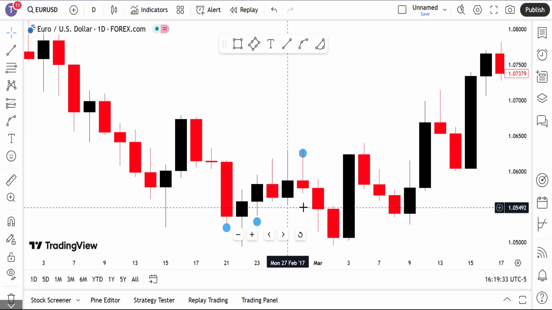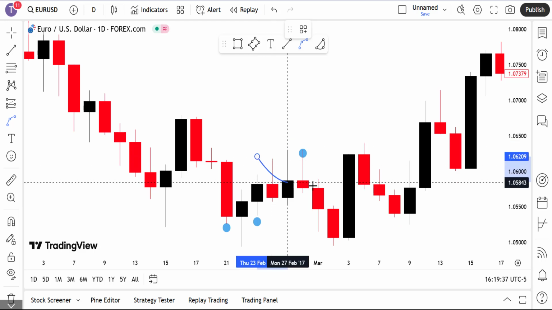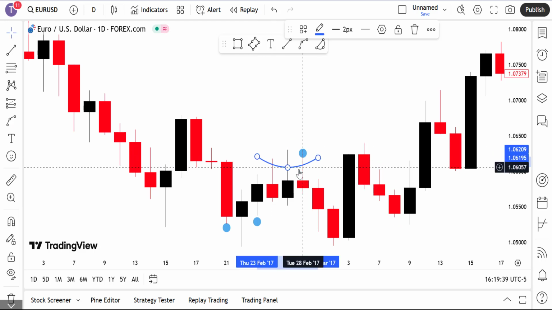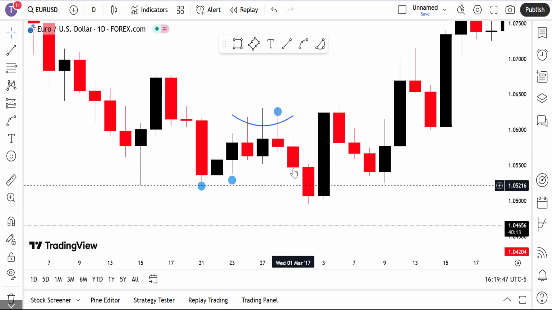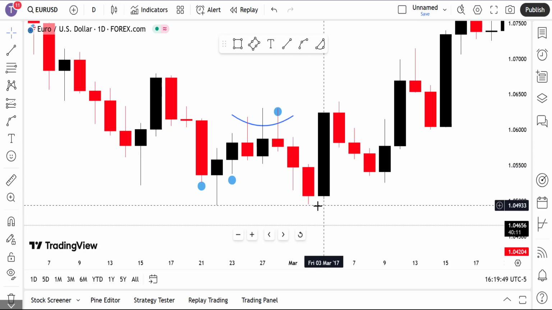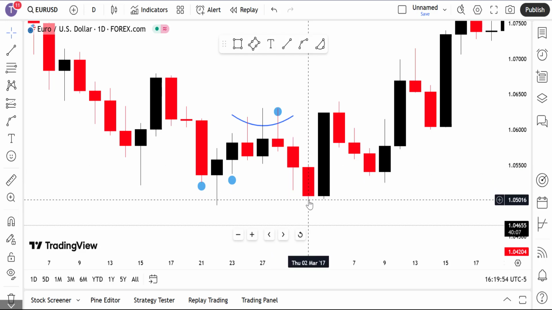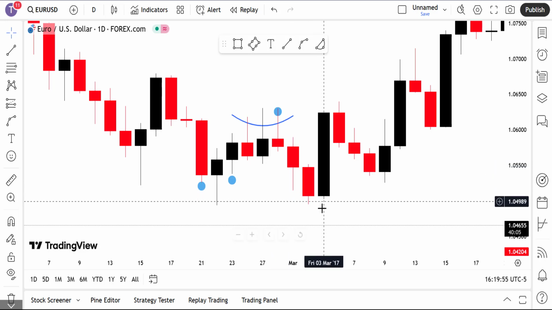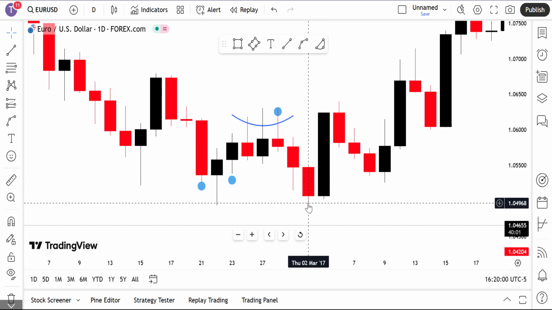From this place, let me just mark it. This is called our swing high in the market, and it's very simple. Now what happened? We also create a bearish candlestick. When price creates a bearish candlestick, remember these are our two bearish candlesticks, and another candlestick forms that could not take out this